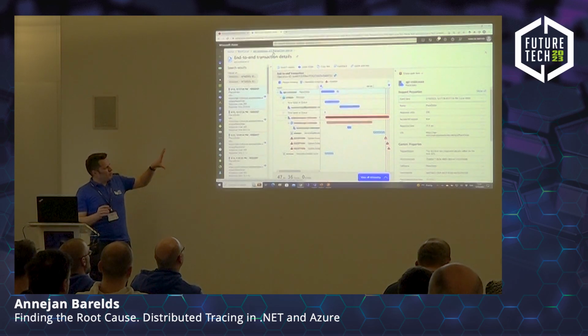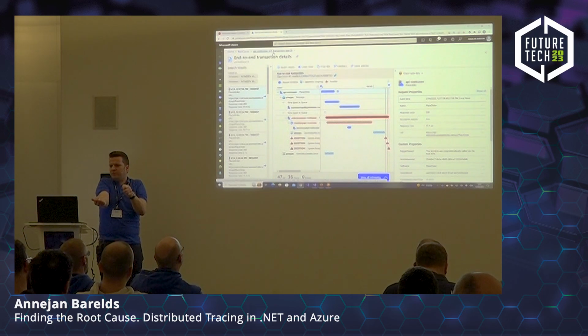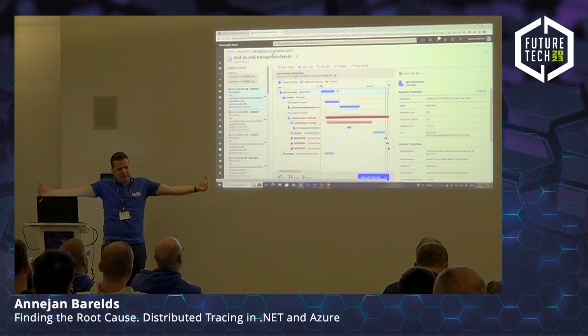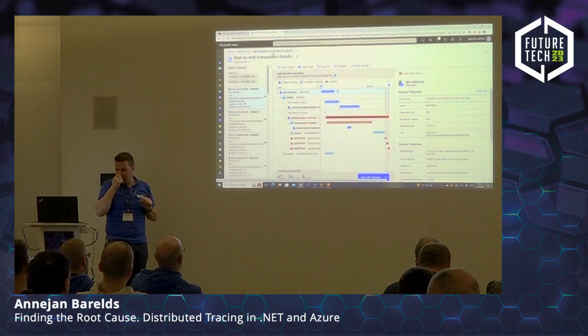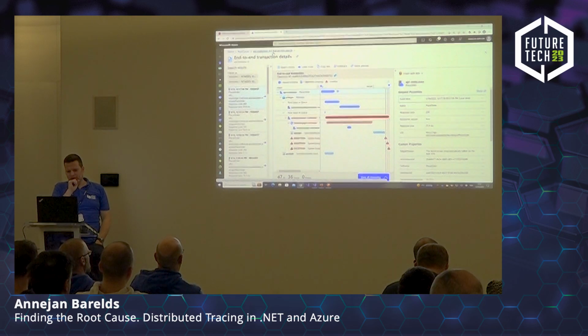And what happens under the covers is that for that single operation ID, it's making a call to the Azure management plane to find all the Application Insights instances that hold information on that operation ID. I'm not sure how that will work, but it doesn't work flawlessly.